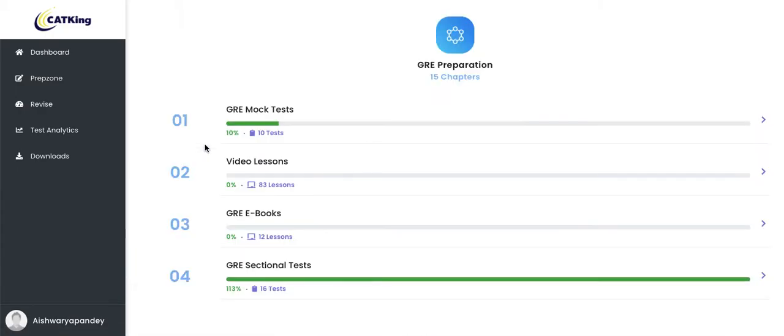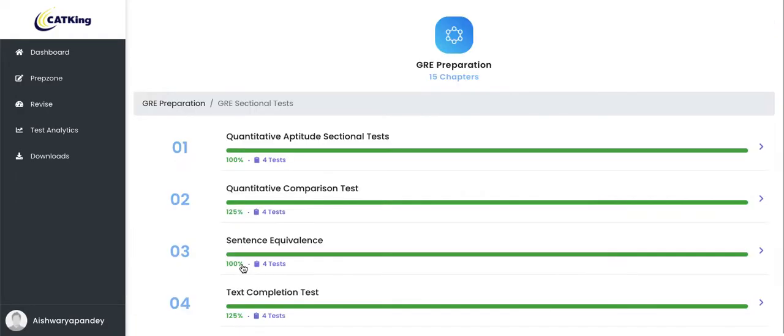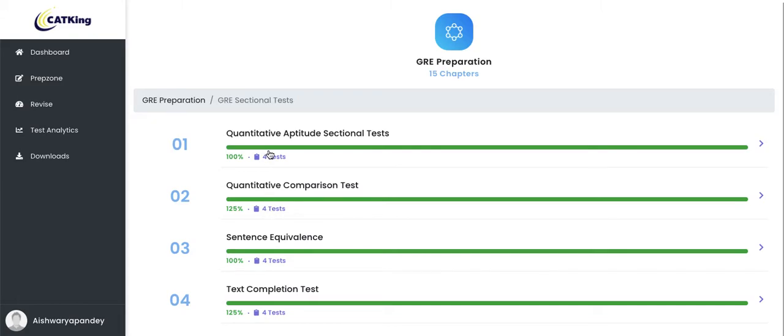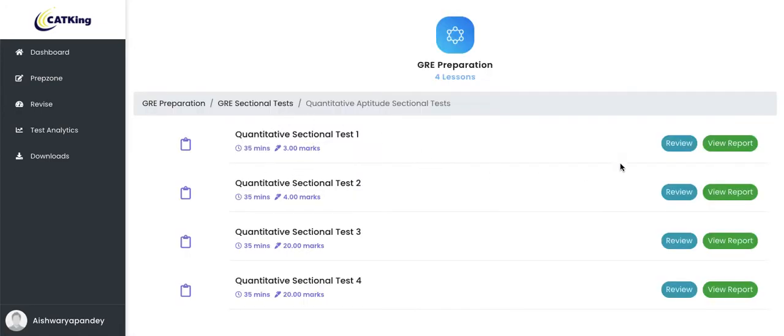Must solve questions, the 100 must solve arithmetic questions, geometry questions, and these ebooks are also added on a weekly basis. Okay, next thing that you have to keep in mind, this is my favorite part, this is the GRE sectional test. The most important thing is, if you see this quantitative aptitude sectional test, right now you see 4 tests here, this will become 10, these 5 tests, and you will also see a verbal sectional test. Let's open this up and see. Now here also you will see sectional test 1.